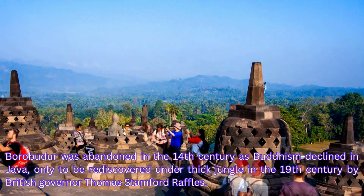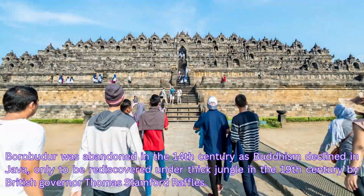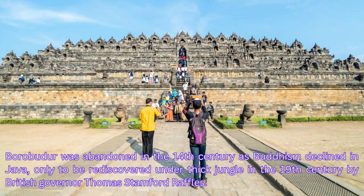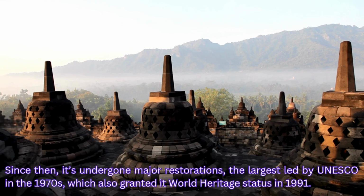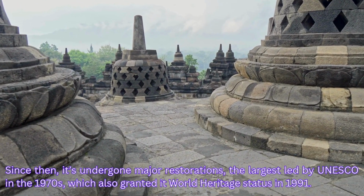Borobudur was abandoned in the 14th century as Buddhism declined in Java, only to be rediscovered under thick jungle in the 19th century by British Governor Thomas Stamford Raffles. Since then, it's undergone major restorations, the largest led by UNESCO in the 1970s, which also granted it World Heritage